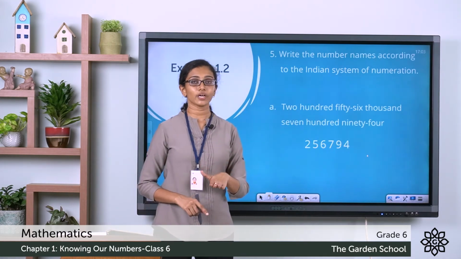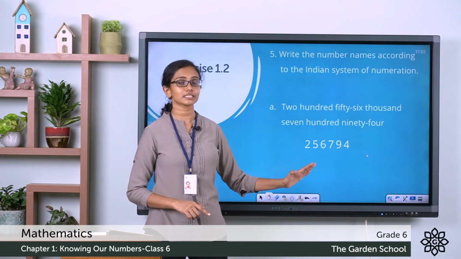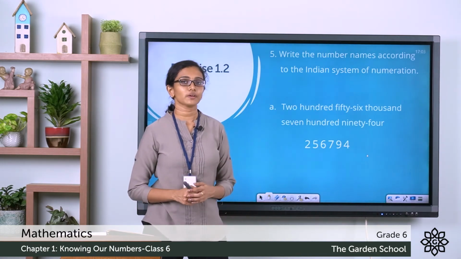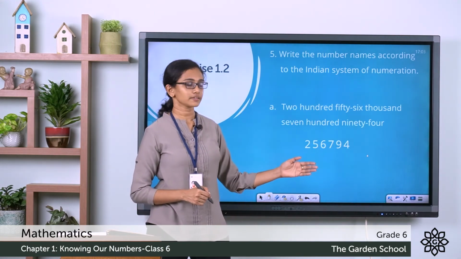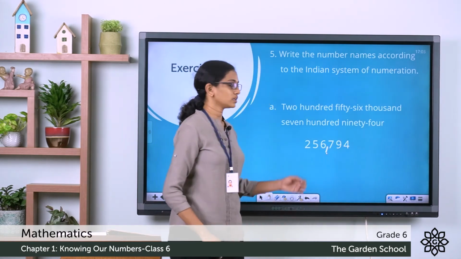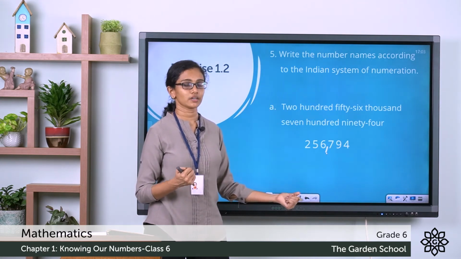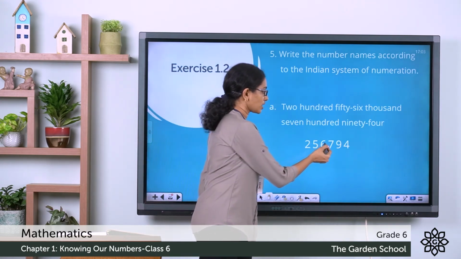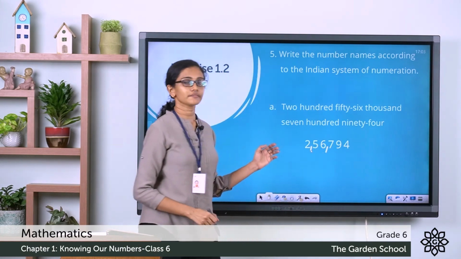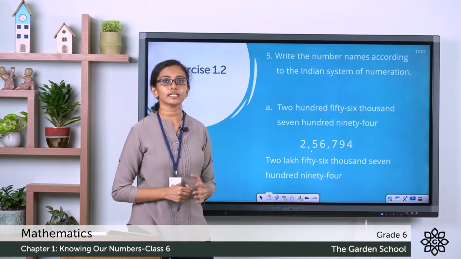So we know in the Indian system of numeration, the ones period alone has 3 places. All the higher periods have only 2 places each. So starting from the right, count 3 places. That is 1, 2, 3. From right to left, then all the higher periods have only 2 places, right? We need to count 2 digits afterwards. That is 1, 2. So right now you have inserted the commas properly, and this is the resulting numeral we